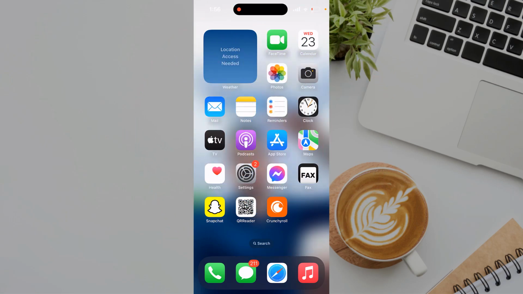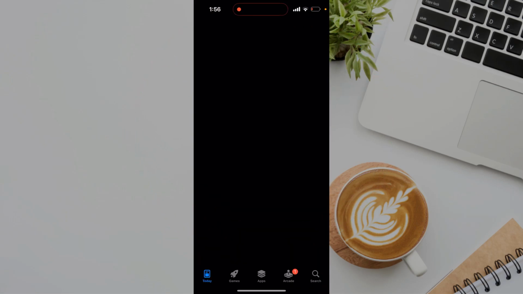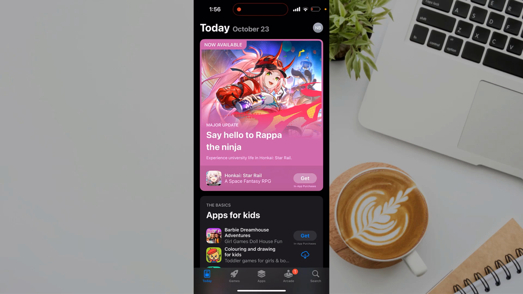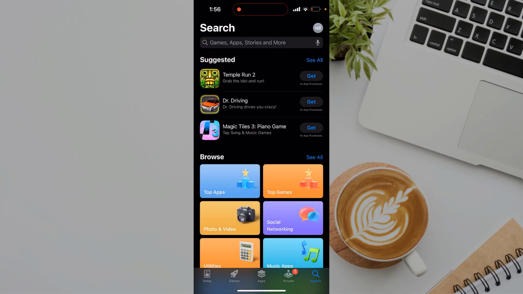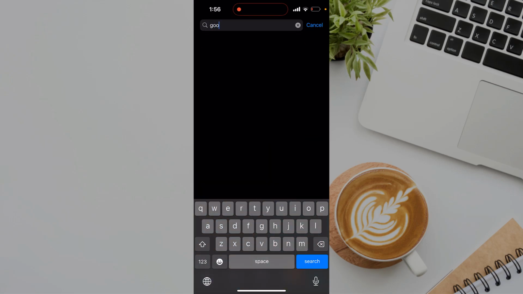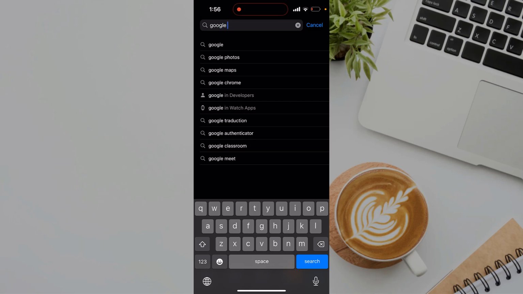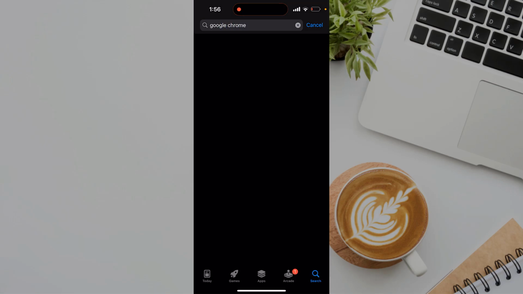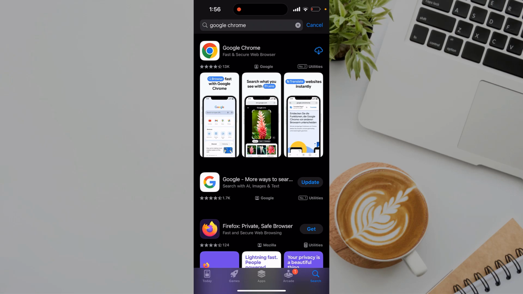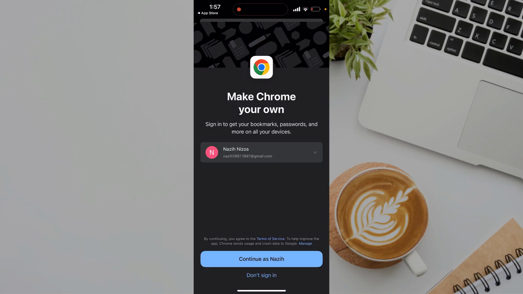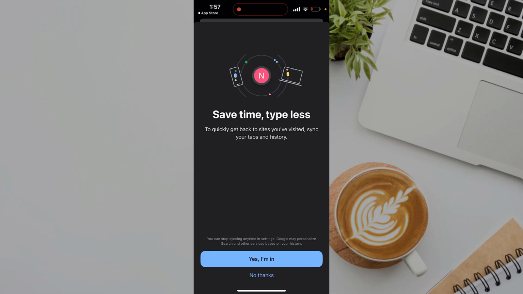So first, tap on App Store and then tap search and search for Google Chrome. Then tap download icon. After downloading Google Chrome, tap open and tap continue. Tap no thanks,